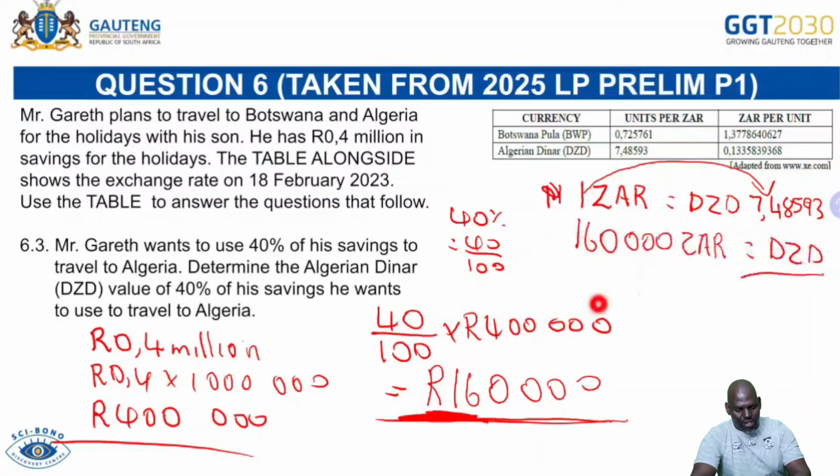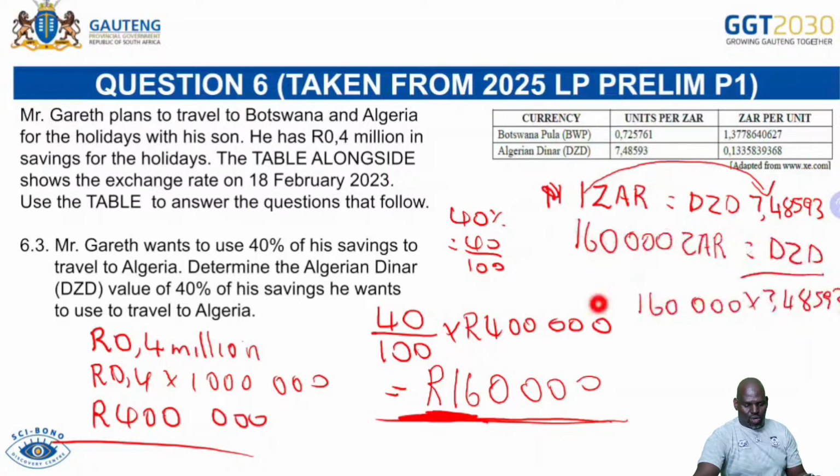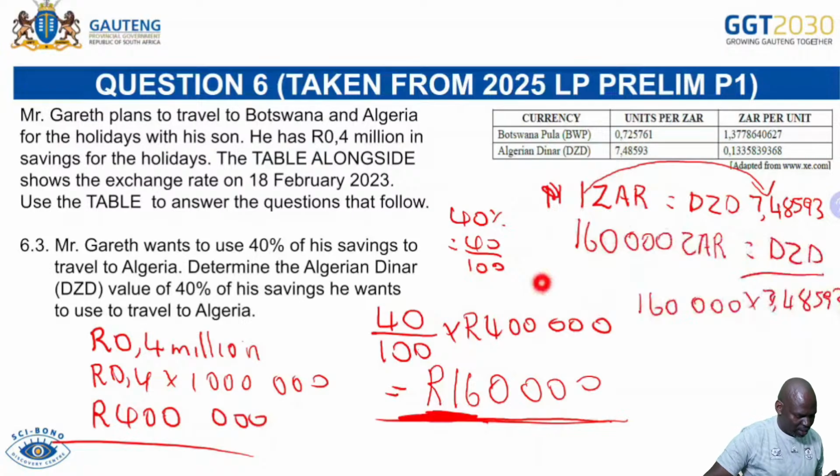So I take 160,000 and multiply by 7.48593, equals, then the answer is